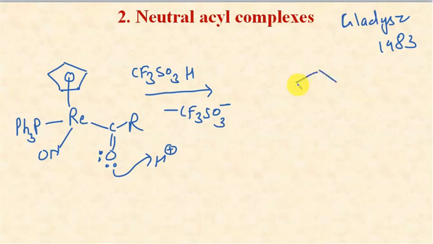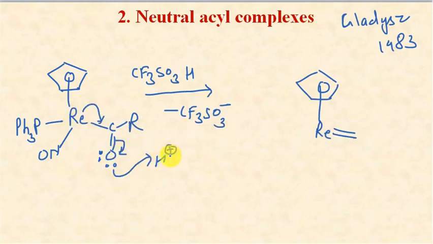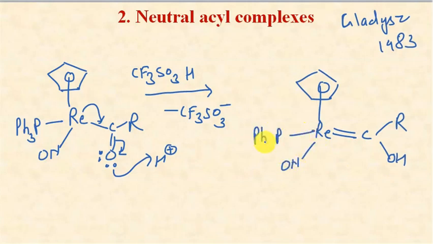The final product which we will get is this one, in which now rhenium has a double bond, so electrons are transferred to this one and these electrons are transferred to this one, and this will attack this H positive which is donated by the protonating agent. So we will have carbon, here we have this R and OH substituent at this position, this is NO and this is triphenylphosphine. So this is the final product, in which now rhenium has a double bonded carbon atom, and because protonation is occurring, this complex becomes positively charged.